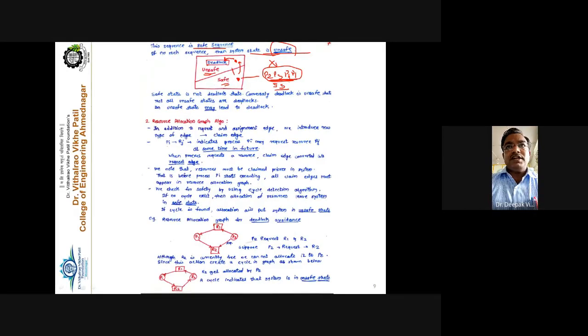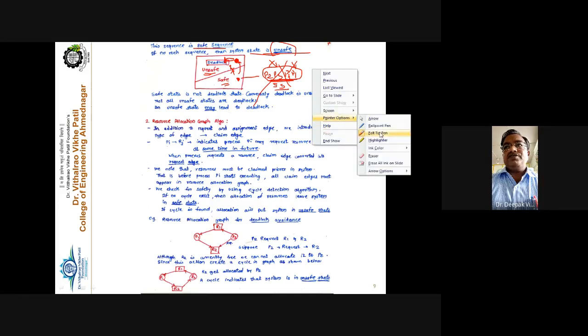Here from the diagram it is clear that it will not go directly toward the deadlock state, because the system is currently in a safe state. But if it fails to follow the safe sequence, so why? The safe sequence is important. See carefully. If it fails to follow the safe sequence of the process execution, it indicates that the system enters into the unsafe state. But immediately it will not move toward the deadlock state. It will first move into the unsafe state. And once the system state becomes unsafe, it may increase the chances that it may lead toward the deadlock state. Right.